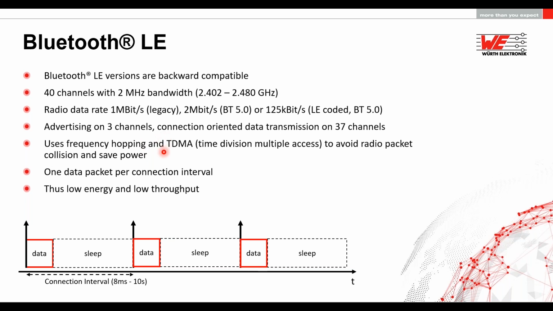With Bluetooth, the communication is made robust using frequency hopping spread spectrum technology and TDMA, that is time division multiple access, which helps on 2 fronts. One is it makes the communication synchronous, and second it also enables a lot of power saving, which I will explain in a short while.